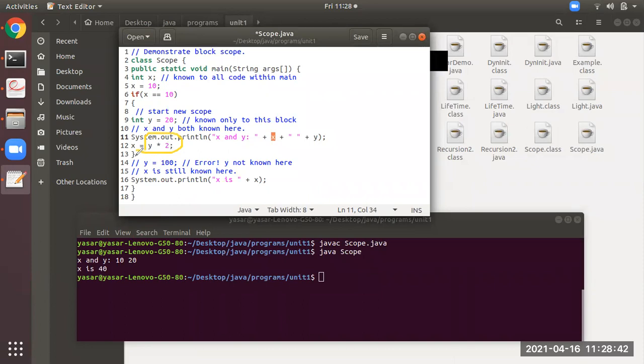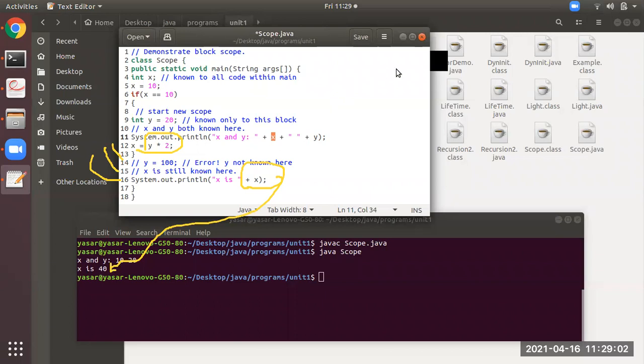Now after the scope is finished, it will come at line number 14, that is a comment. It will come at line number 15, that is also a comment. It will ignore it. Then you see here line number 6. It will print something. What it is printing from here is the updated value of x. So the updated value of x is 40. Okay, I hope you all have understood.